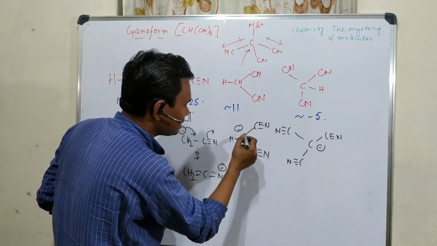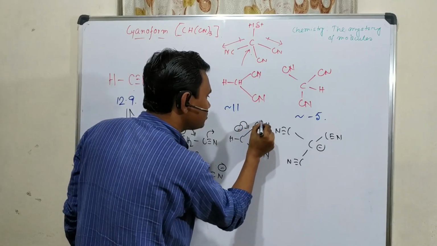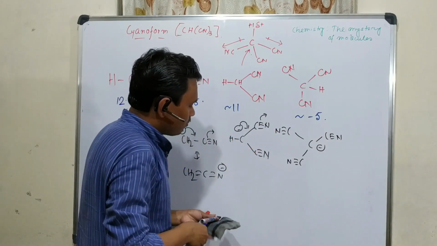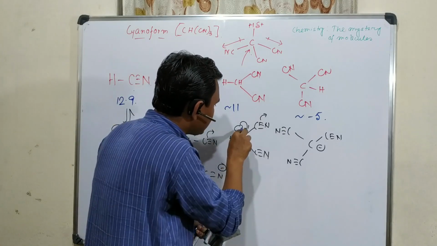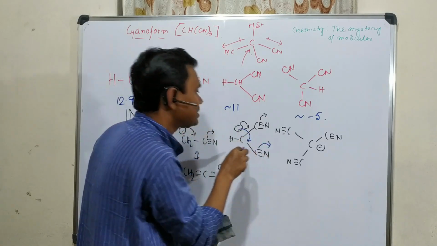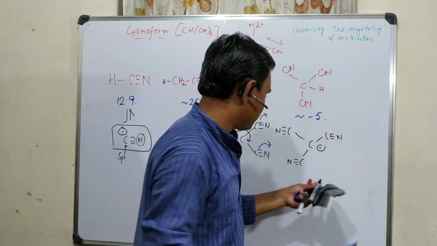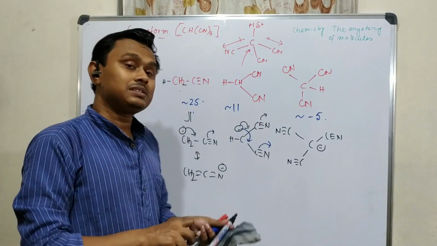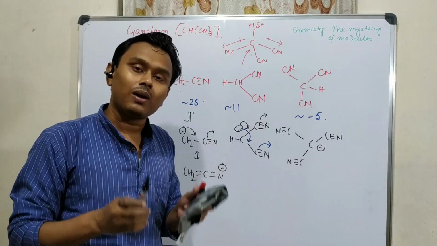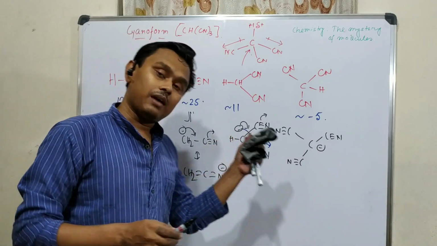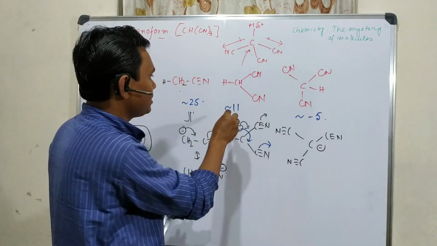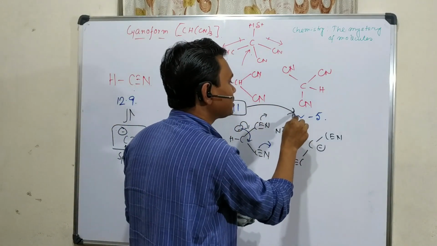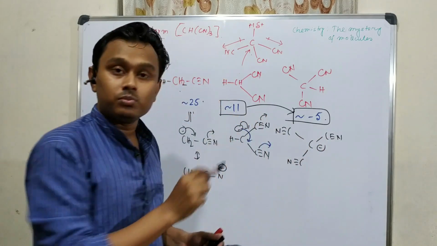So in case of this next one, this anion is stabilized by these two sides, means resonance is possible from both sides, this side as well as this side. So its stability is more, pK I explained previously. So this is the reason. So this indicates that increasing the extent of resonance or delocalization, acidity is affected. So that's why from this to 11 to -5, this much shifting is possible.